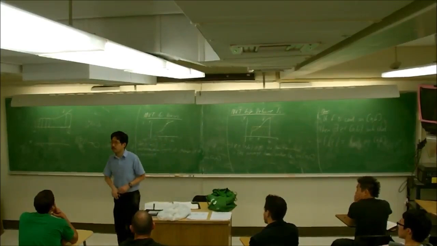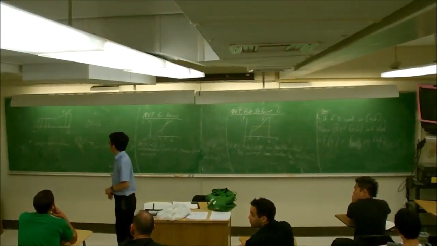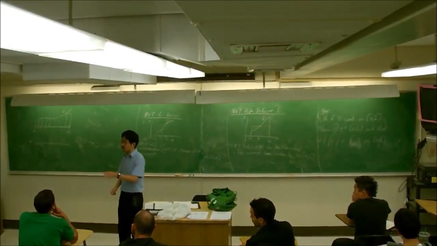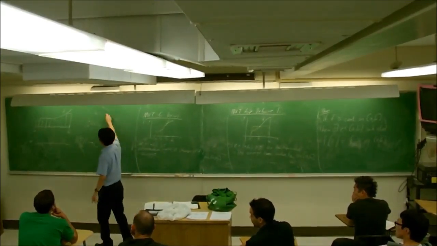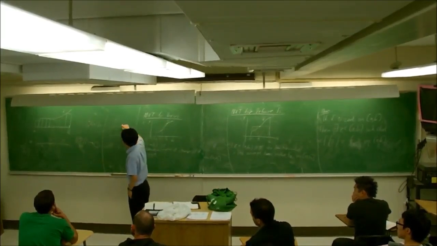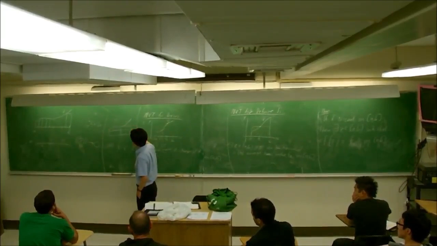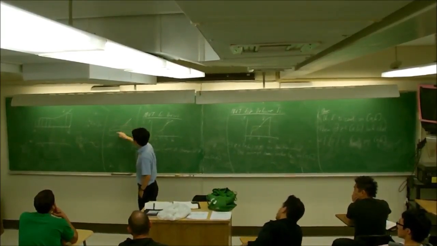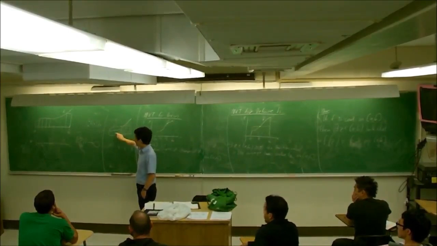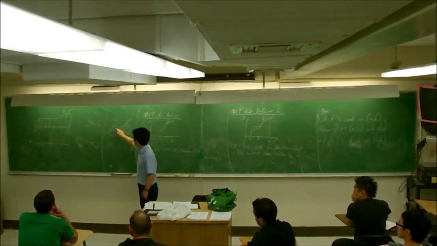Can you explain again why you don't want to make the number of rectangles... Oh, well, why it's not sufficient? Now, for a regular partition, that's sufficient, all right? The problem is that if you just say, hey, just let the number of rectangles approach infinity, well, then what if you have something like this? You have this guy here, and then you have this guy here. What if you just break things up over here, and you leave this guy just standing there, right? Well, we're letting the number of subintervals, n, approach infinity,